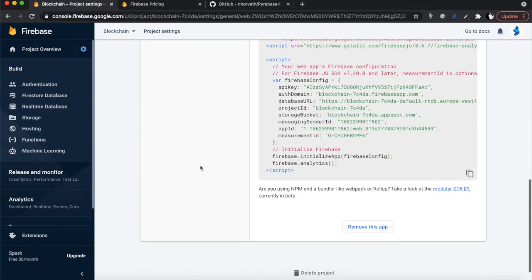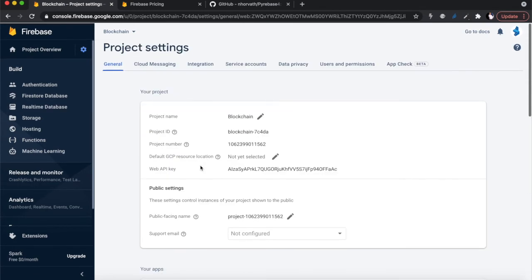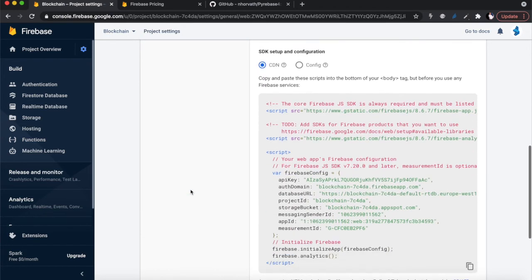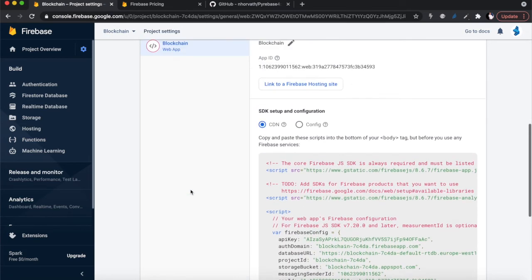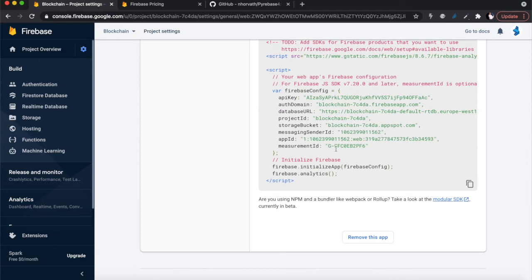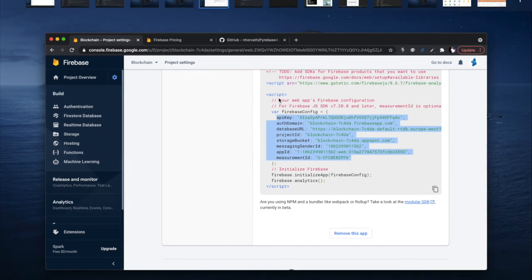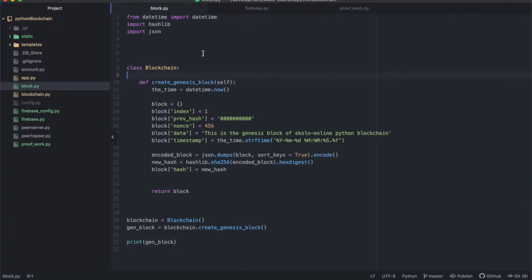Okay, there it is. So you navigate to project settings, general, all right, and then you will see at the bottom over here this item, your SDK configuration, all right. So you just need to copy that. This whole object, you just need to copy that, all right,